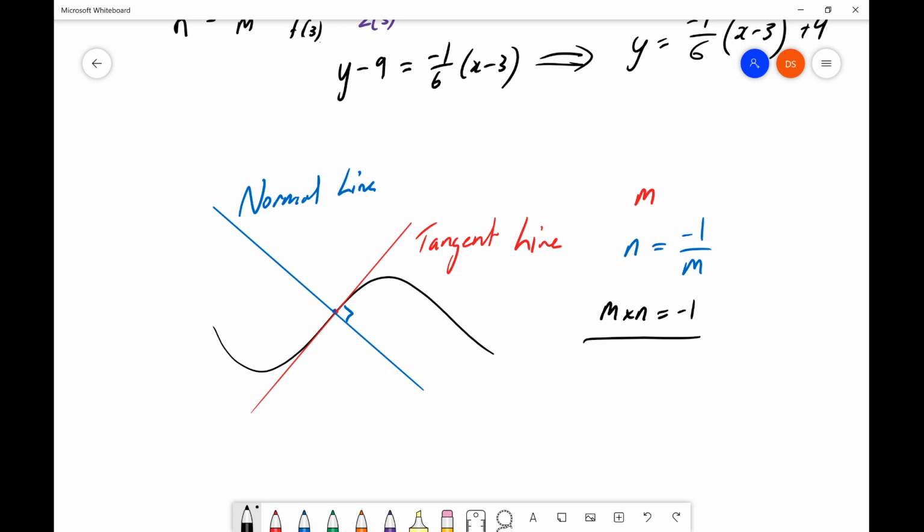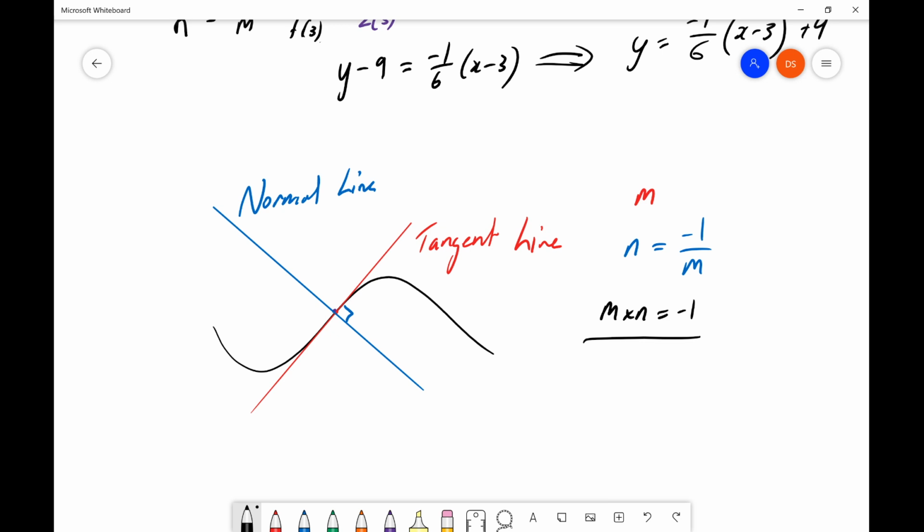Tangent is a line that touches a single point on a line, a normal line that goes through the same point perpendicular to the tangent. Outstanding. Fantastic, Jackson. 10 points. Right, come and see me on Monday, and if no, I can't give you chocolate because it's coronavirus, but I'll